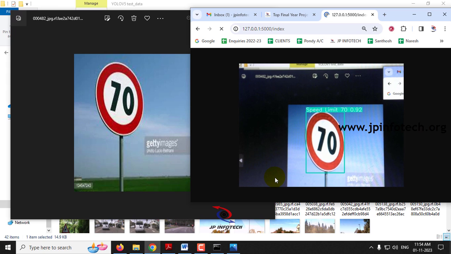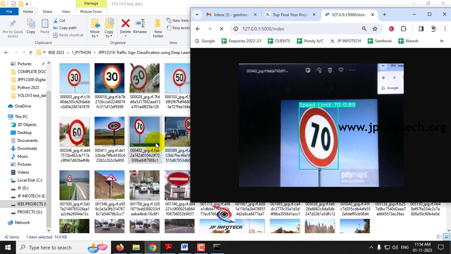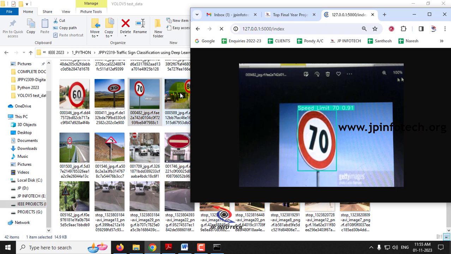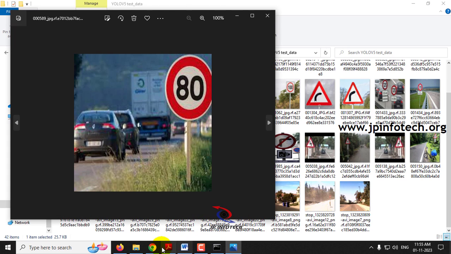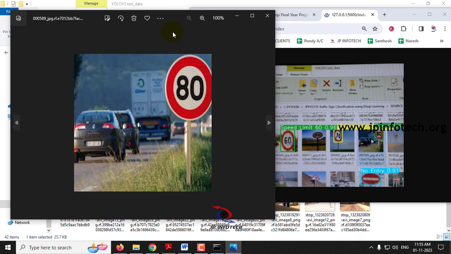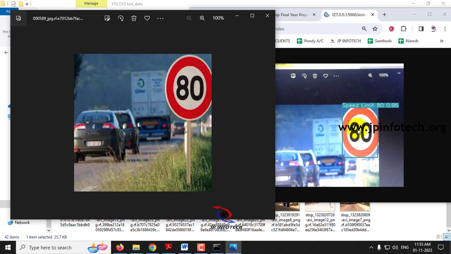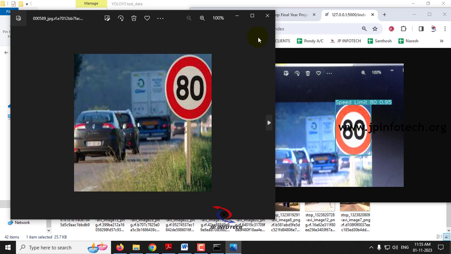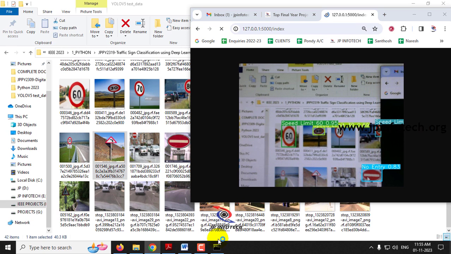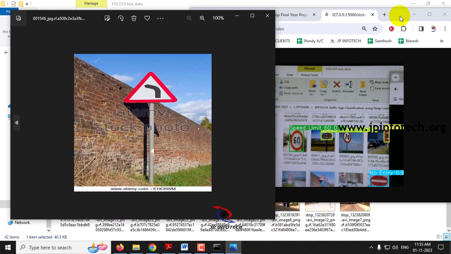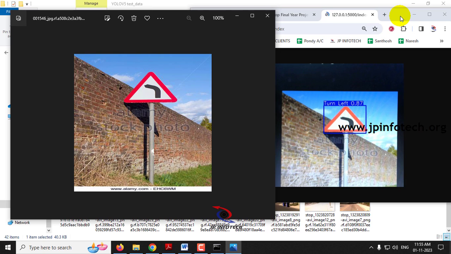Now you can see the speed limit 70 sign is recognized correctly. Now you can see it is correctly printing as speed limit 80. Now you can see it is printed correctly as turn left.